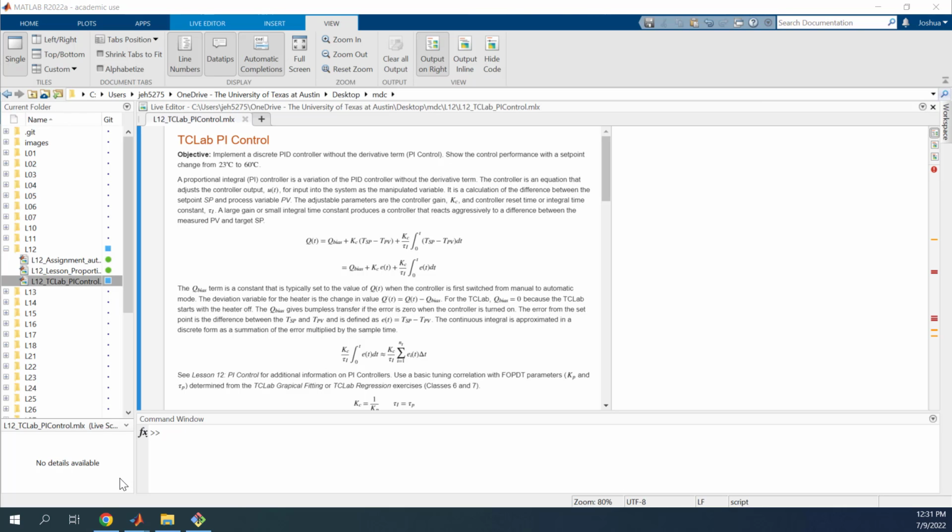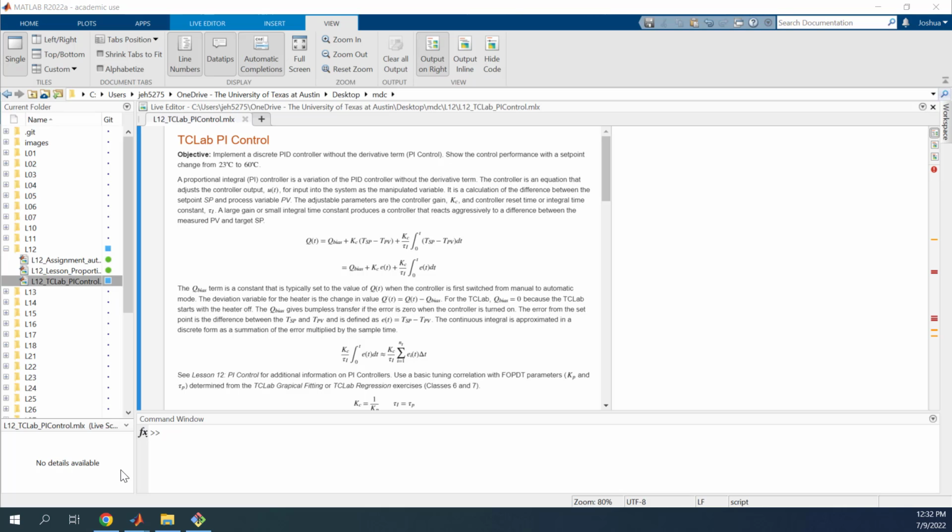Alright, in this exercise we're going to implement PI control on our temperature control lab unit. Compared to proportional control, PI control tries to eliminate the persistent offset that can occur. Let's say my set point is 50 degrees, and as I approach 50 degrees the heater is going to slowly turn off as the difference between the set point and the actual temperature gets smaller and smaller, until it reaches a steady state and isn't quite able